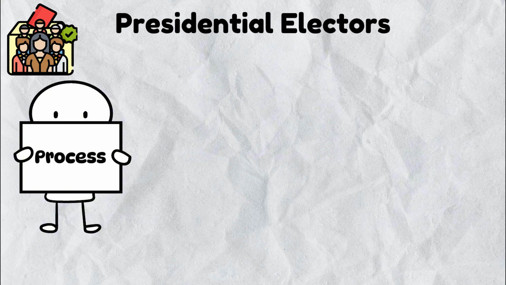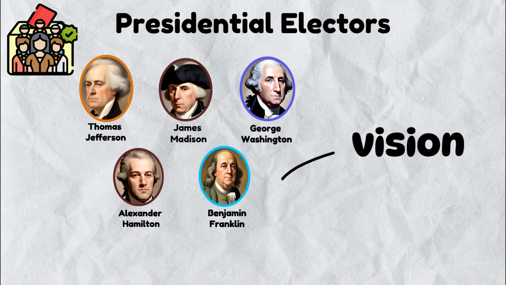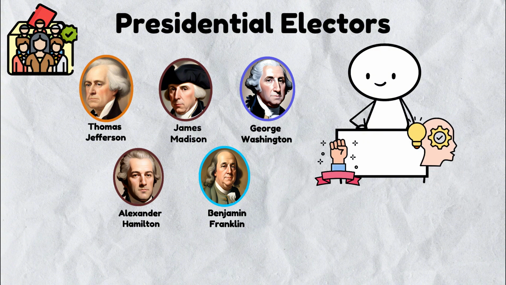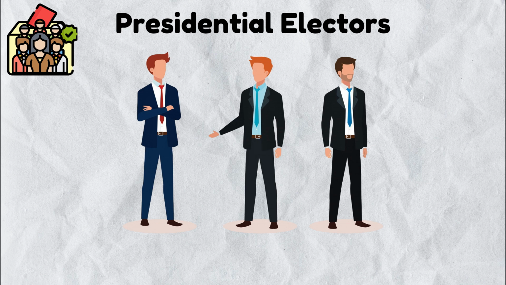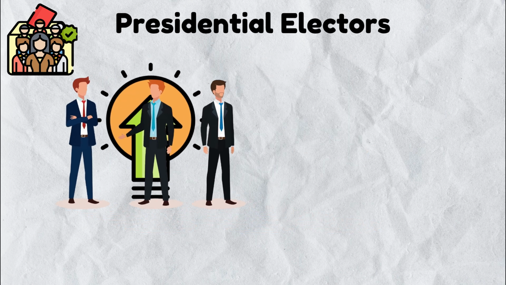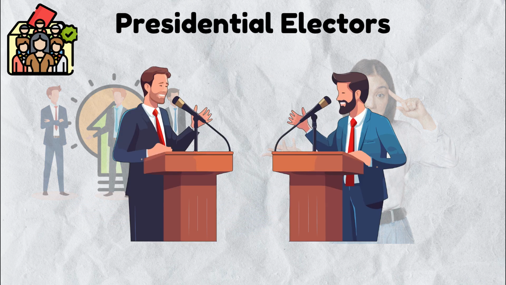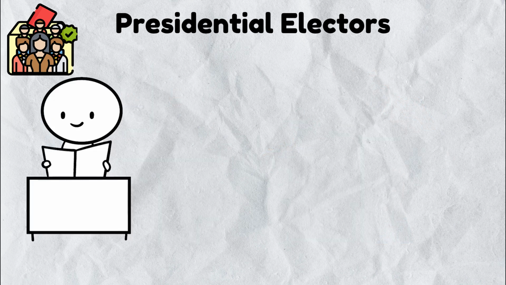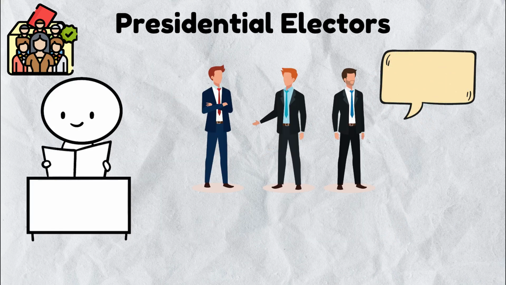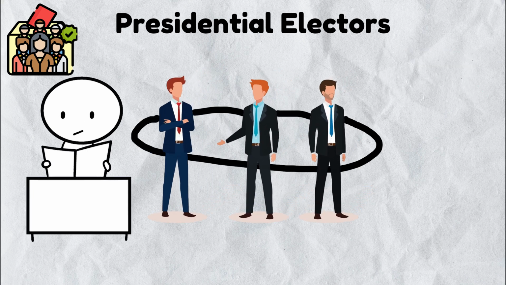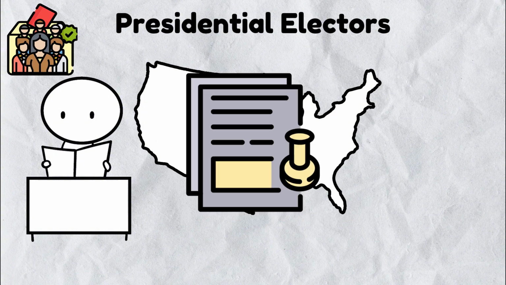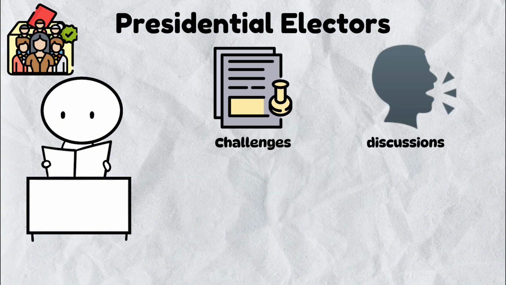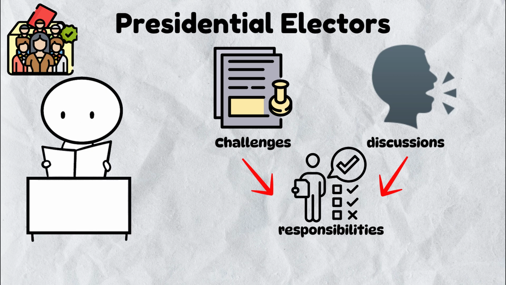This process reflects a shift from the Founding Fathers' original vision of electors as independent, knowledgeable individuals selecting the president based on merit. The role of electors has evolved, with their level of discretion in casting votes becoming a subject of debate. Historically, electors were expected to exercise independent judgment. However, modern practices often aim to bind electors to the popular vote results of their respective states. This shift has led to legal challenges and discussions about the nature of electors' responsibilities.